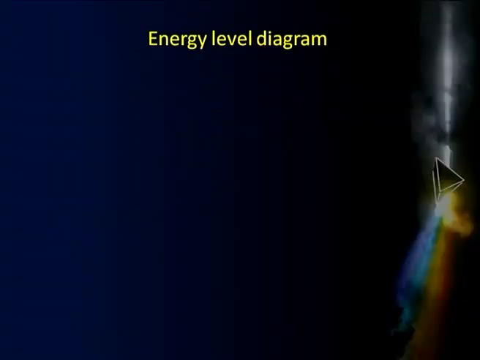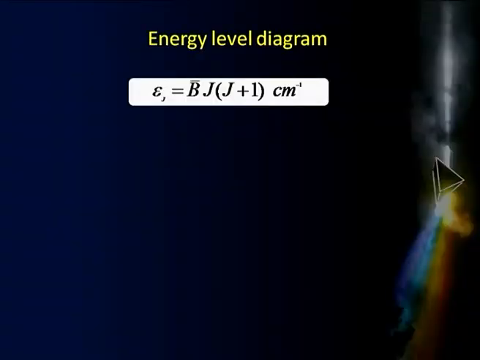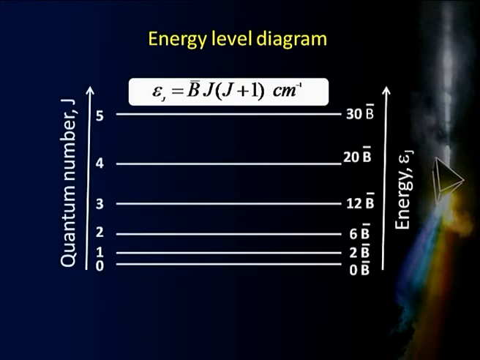So, having learnt about the energy expression for a rigid rotor, let us see what kind of energy level diagram we get from this expression. We have E j equal to B bar j into j plus 1, and if I put different values of j, let us see what kind of diagram we get. For j equal to 0, energy comes out to be 0, so we get 0 energy here. And if I keep on doing that, we get different energy levels at 0, 2, 6, 12, 20, 30 and so on, in terms of B bar units, the rotational constant units.